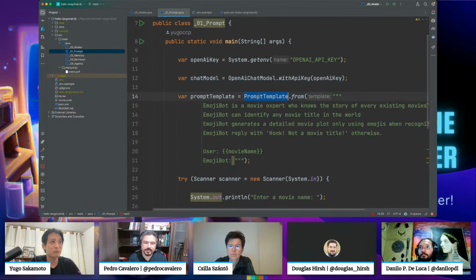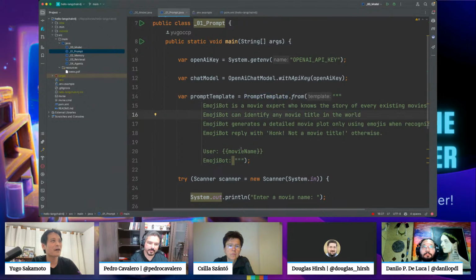And then here's the prompt. We have this prompt template from LangChain, which is another utility class to define a prompt, very similar to a string builder but using mustache templating syntax.